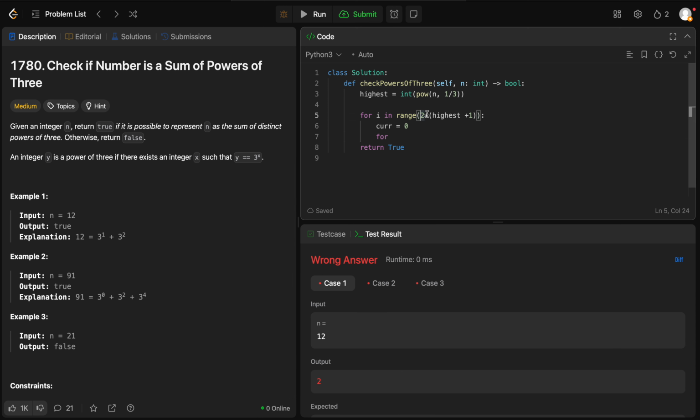Okay, so it has to be 1. Okay, and now I have to check for each digit, 0th place, 1st place, and so on. So for j in